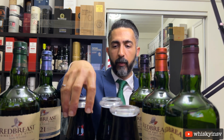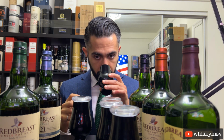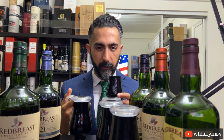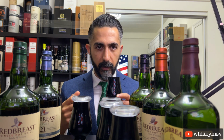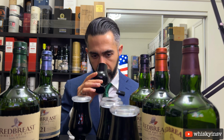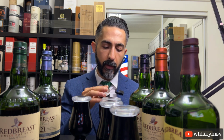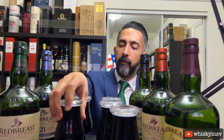Yeah, it could be the 15, or I don't think it's the 21. I think the 21 was very distinct on the nose. This is a great nose. I think this might be the 21. I remember the 21 had a very distinct nose, and the nose was just so much better than the palate. Not that the palate was bad, but the nose just stood out. I get more bitter oaky notes on this, and I remember the 15 had more bitter oaky notes. So that would mean that what I thought was the